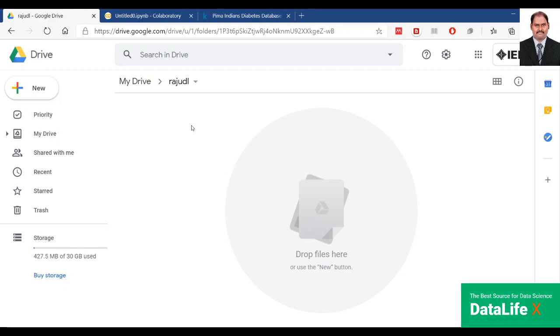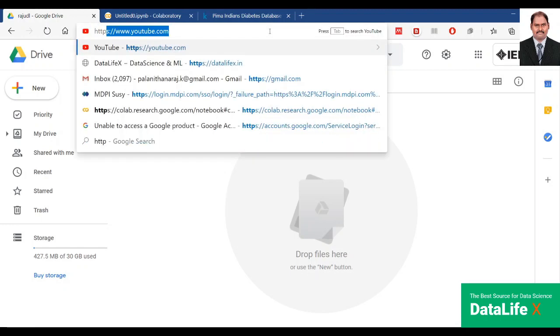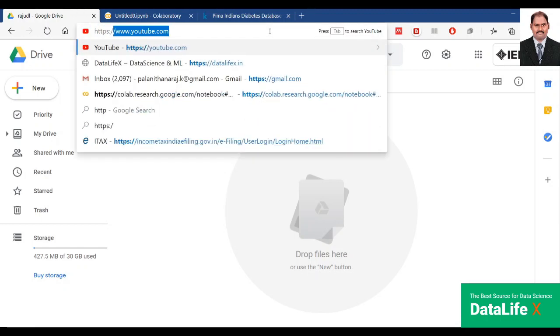The first thing is you have to create a Jupyter notebook in Colab, and we have to initialize our environment. So that can be done by going to your Google Drive. So first thing you have to do is go to your Google Drive, select a folder of your choice. So here I have selected my folder Raju DL. So in this particular folder we have to run a link which is